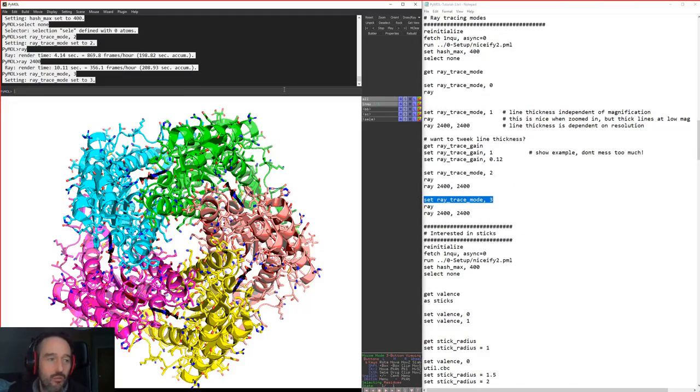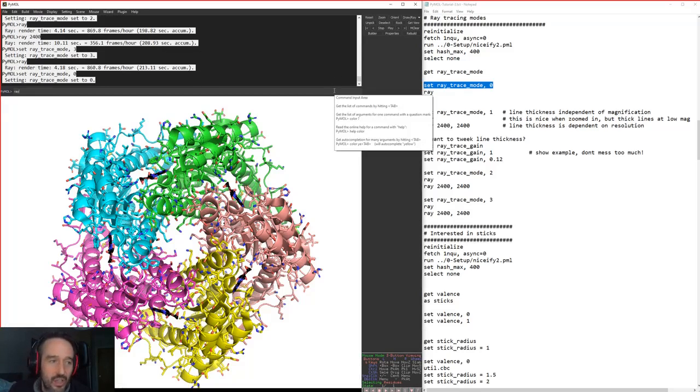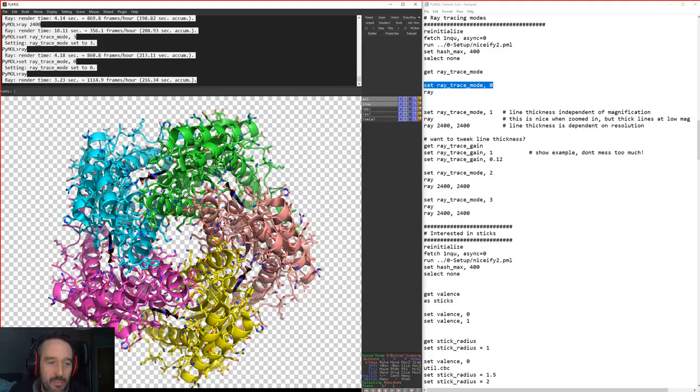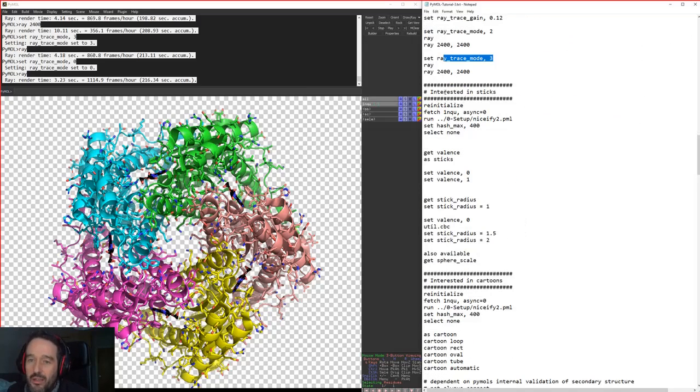There's also Ray Trace Mode 3. Now here you can see that there's not a lot of smoothing in the colours, a slightly artistic representation of the molecules, and it's even more cartoony. So I guess Ray Trace Mode 0 is the least manipulated or cartoonified, and as you go through these different ray tracing modes, they add a bit of different dimensions to the images. So we can manipulate all of our different parts of our structure here.